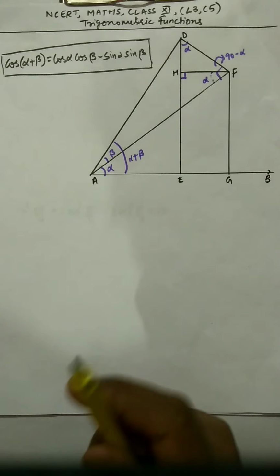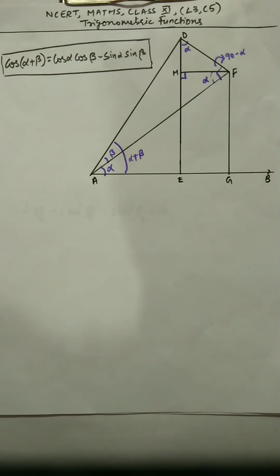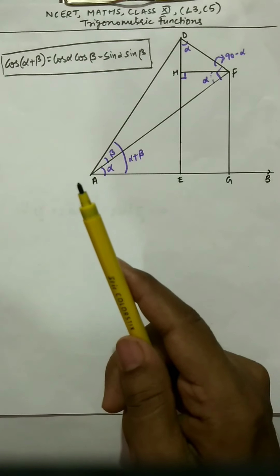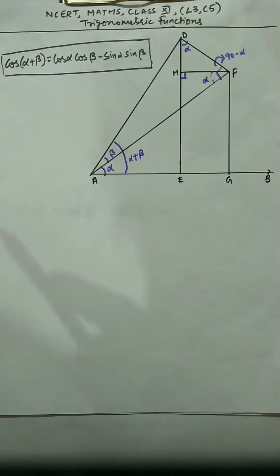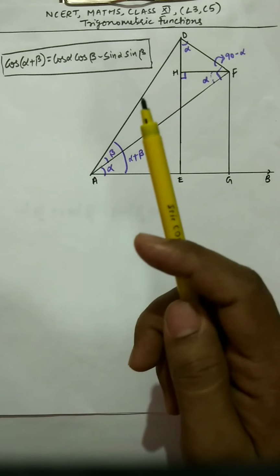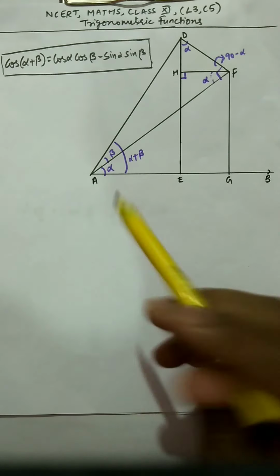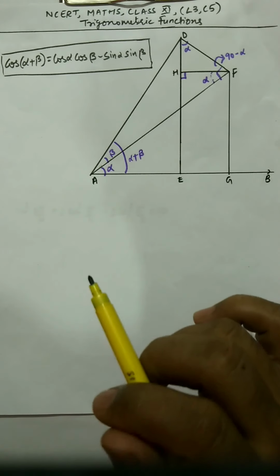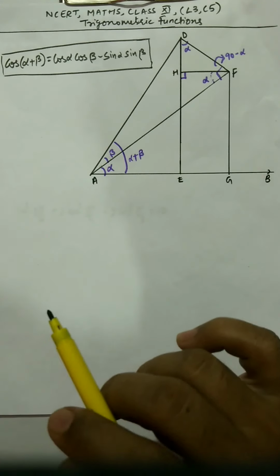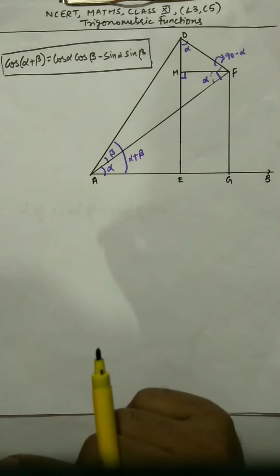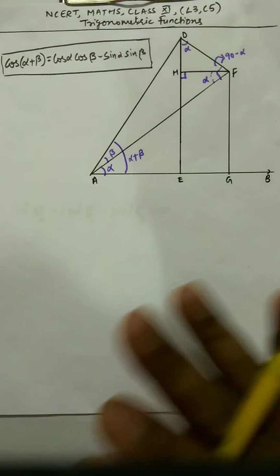Once you understand this in a proper way, every formula, see, in total there are around 45 formulas in class 11, and all 45 formulas will be derived from this formula. So the better you understand this formula, the more it will help you to understand other formulas. And once you understand a formula, it's easy to remember. But if you try to just mug up all the formulas without any conceptual clarity, you are going to miss out in a few days, maybe 5 days, 6 days, 10 days. But once you understand it with the concept, you are not going to forget it for at least 2-3 years.